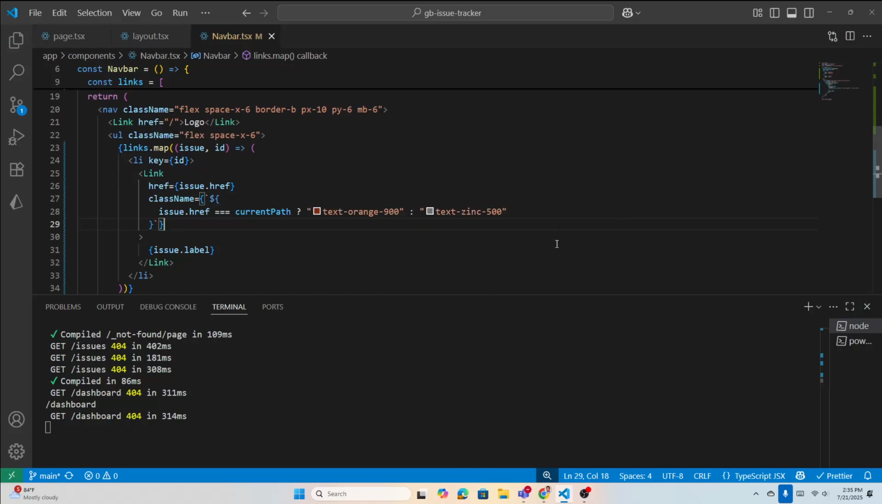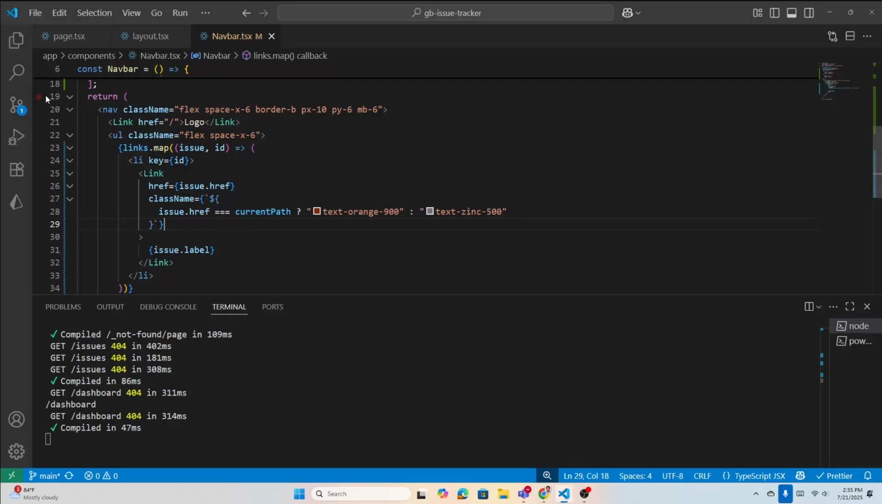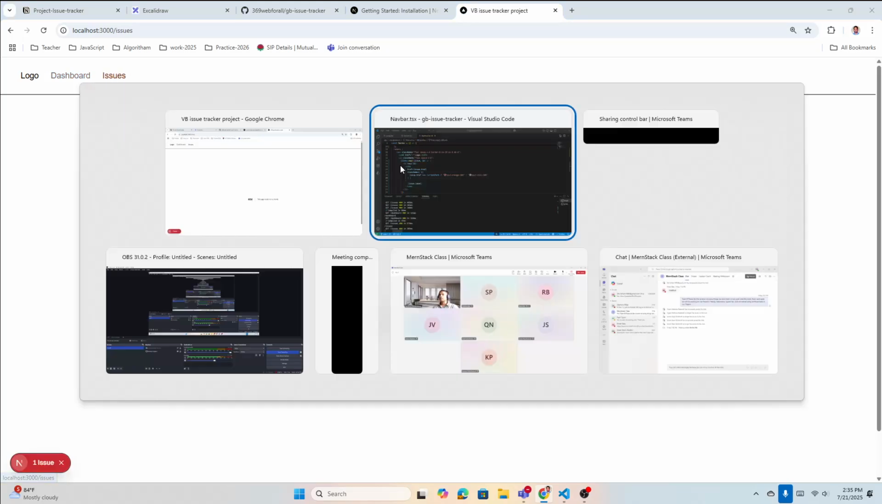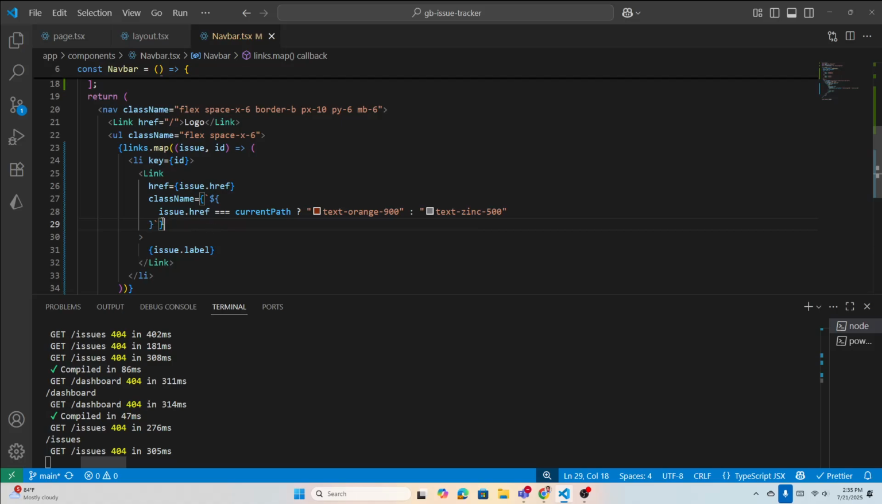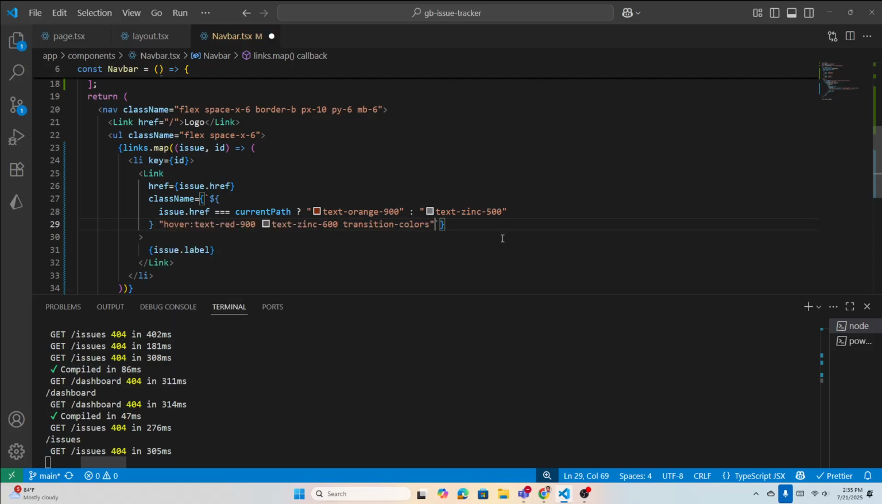So let's check this one, see if that is working or not. You see that orange now, whatever that orange is, 900. If I go to the issue, you're gonna see this is selected, link highlight, right? Good. That's working. The next, so everything must be in this one. The next, we just place the remaining part, right? On hover, it will work like on hover, right? You have